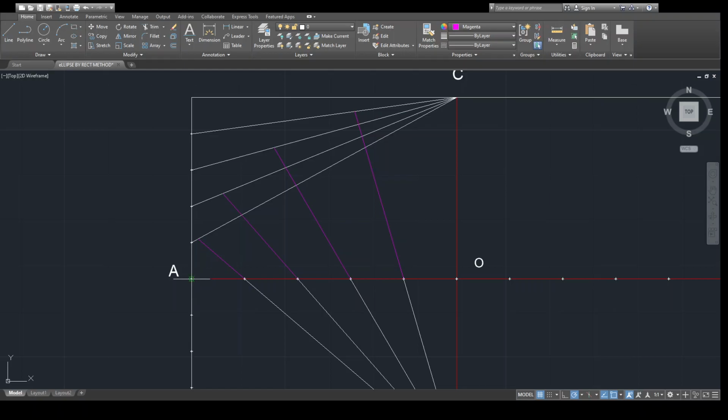and from point O, obviously this is our major axis, so our ellipse starts from this point. Just connect the lines, just connect these intersection points. So I will change this color to, let us take, sand color, and we will increase the layer.